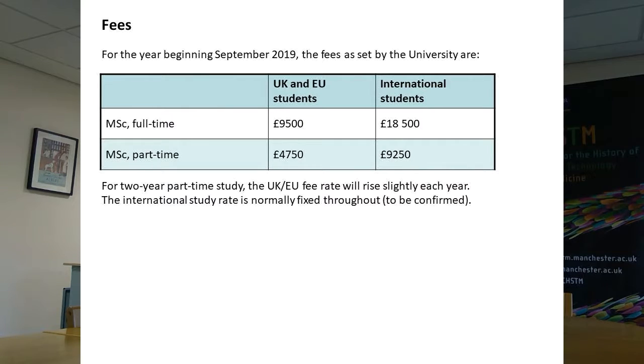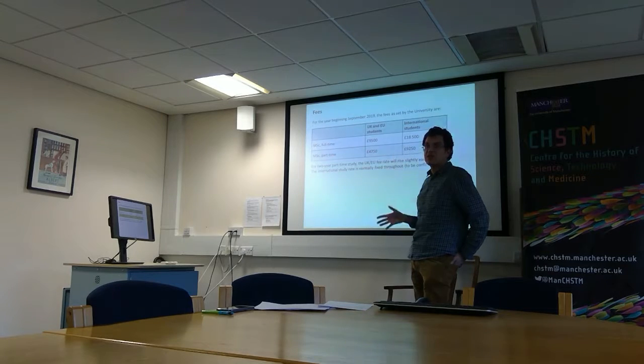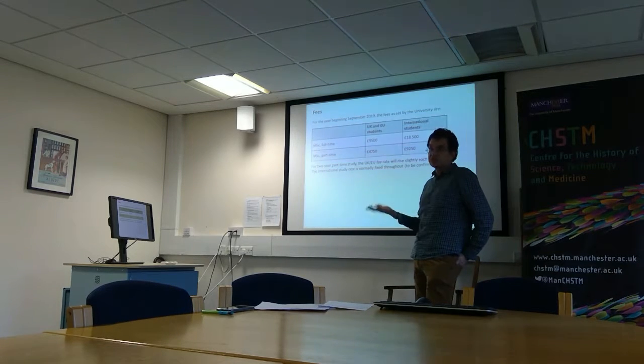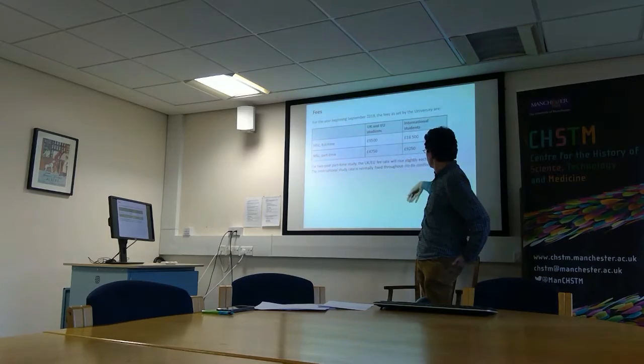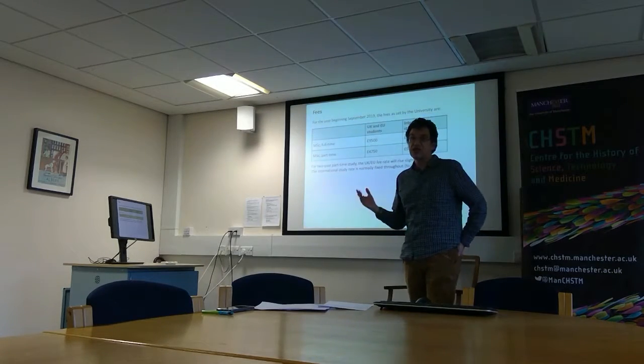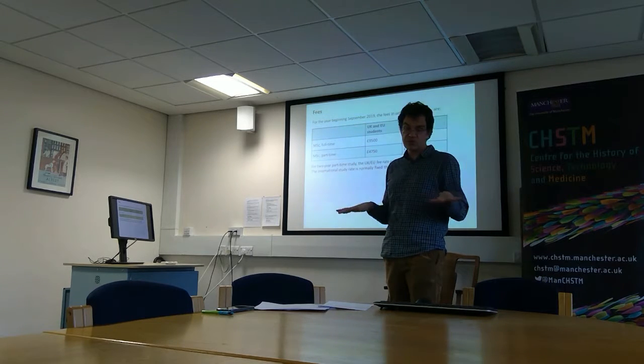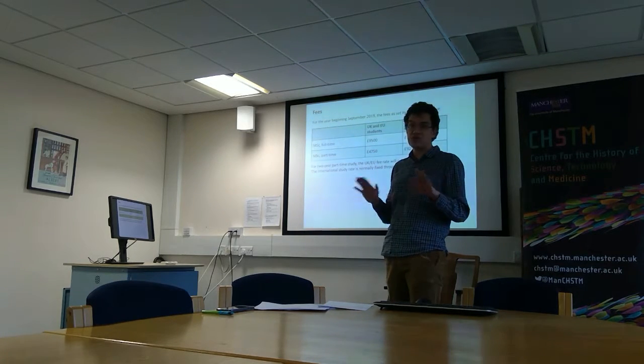The international fee for students outside the EU is about twice that, £18,500, and the part-time fee is 50% of that in each year, so it comes to the same. And for the UK-EU, it'll probably go up slightly in the second year, just in line with inflation. Okay, so that is obviously a fairly substantial fee. It's in the same region as the undergraduate fees, and it does not have the level of loan arrangement that